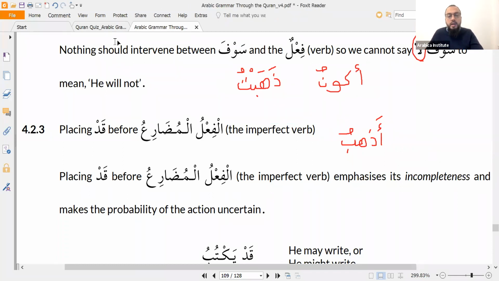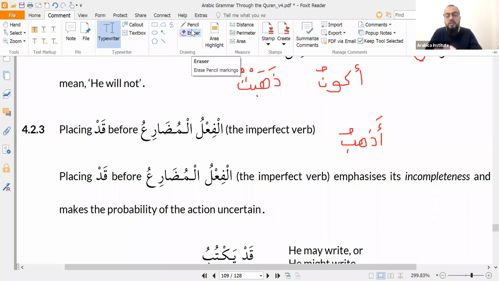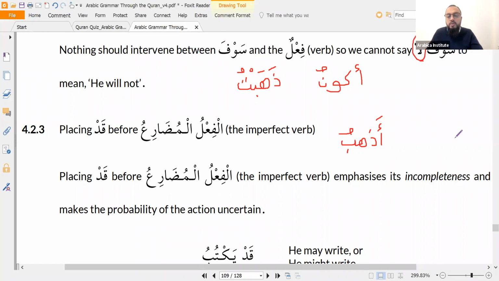Akunu dhahabtu. And akunu adhabu is very rare. You wouldn't really need to do it because you'd just say, I will be going. Akunu adhabu, I will be going. We do it in English. Arabs don't use that one much. But that's effectively the kind of meaning you'd be producing if you say akunu adhabu. Okay? So here you can see akunu, kana and yakunu is a really, really useful time machine to transport verbs into the past, both perfect and imperfect verbs into the past, into the future, to help you create tense.